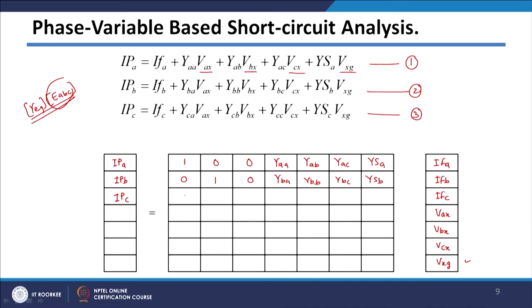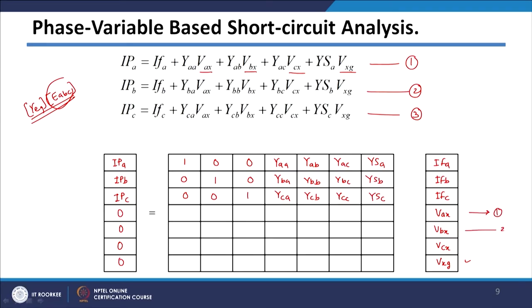And from the third equation we are having 0, 0, 1 here, then YCA, YCB, YCC and YSC. We are writing the equation such that 0 will come on the left hand side, and these particular 4 equations